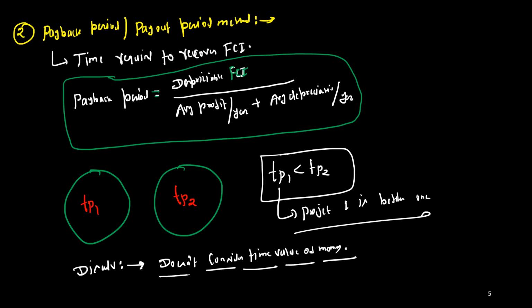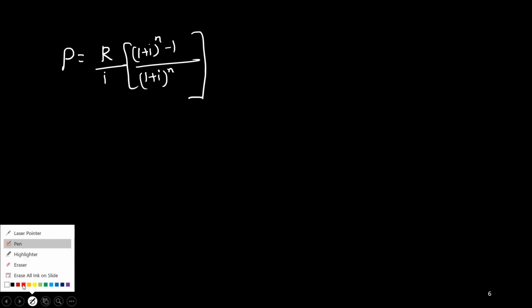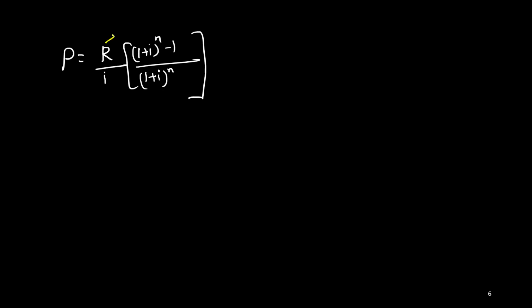Second thing is that, to get rid of this particular problem, one more formula has been developed in order to understand the payback period. The formula is, if we assume that the present value of the asset is P and the annual cash flow is R, then P equals R by I times (1 plus I) to the power n minus 1 upon (1 plus I) to the power n. I have discussed this formula earlier. While using this formula, R is your annual cash flow. And here, n is your